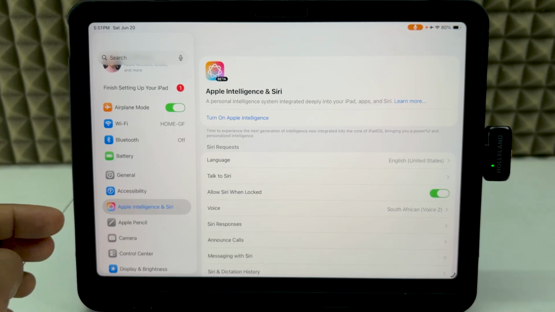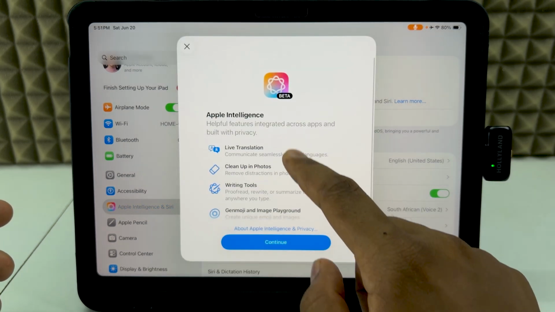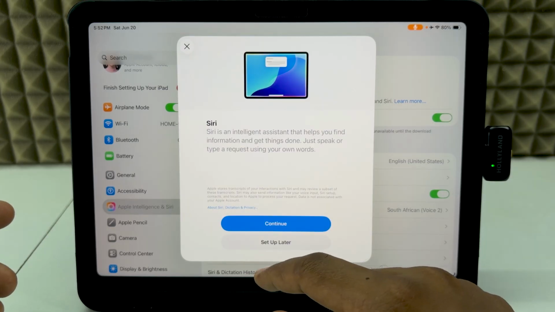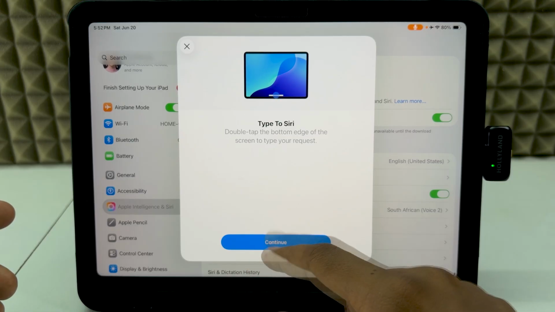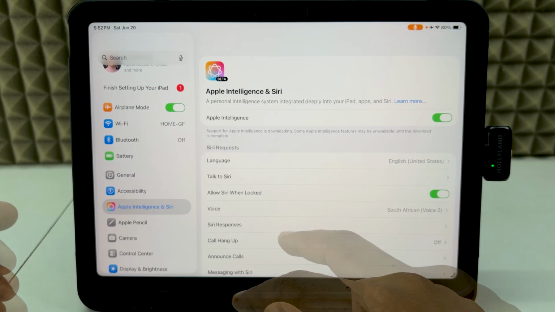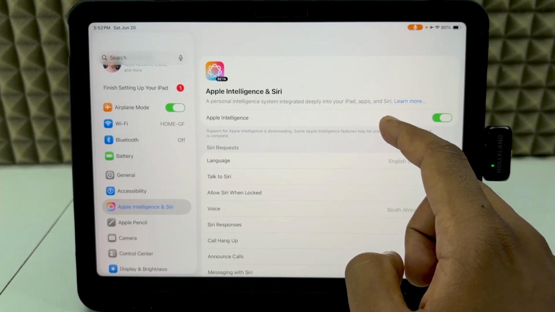So it's a new feature. So finally they turned on the Apple Intelligence. Let's turn on that. And here you can see the key features. Continue, and continue again. Okay, double tap to continue, and make sure you turn on the internet connection, because while you turn on the